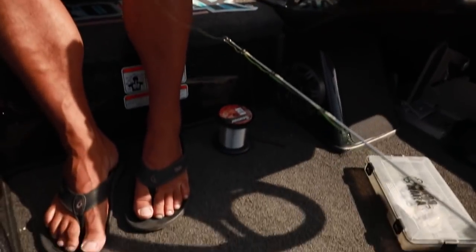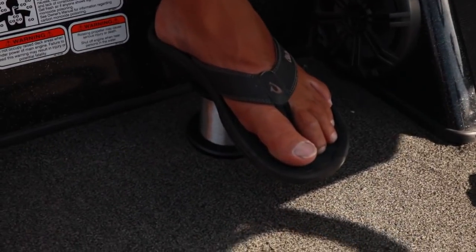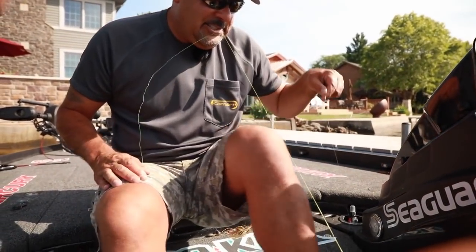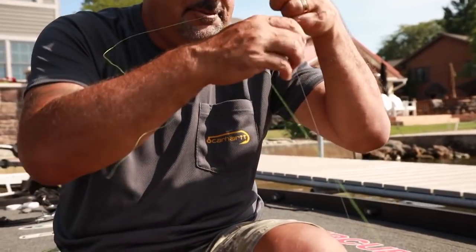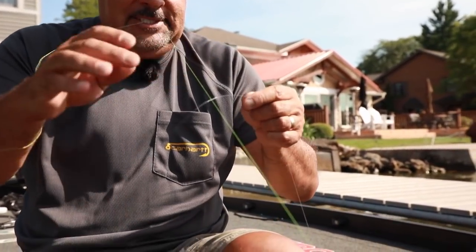A lot of guys do it different. I've seen guys do it right off of their rod where they tie a loop. This is how I do it, works for me. What I do is create tension on both ends, just enough to where that fluorocarbon will lay over my braid, okay? Laying over,